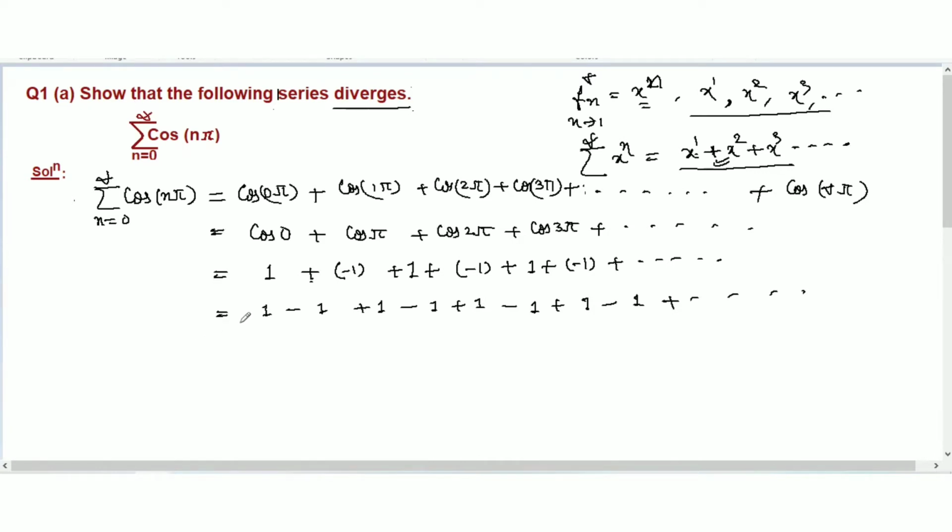Now what we can see here: when n is equal to 1, we get minus 1, and when n is equal to 2, we get plus 1. So what does that mean? This is an oscillatory series. It is very difficult to say whether this series is converging or diverging when we get an oscillatory series. So now we have to show when n is odd,